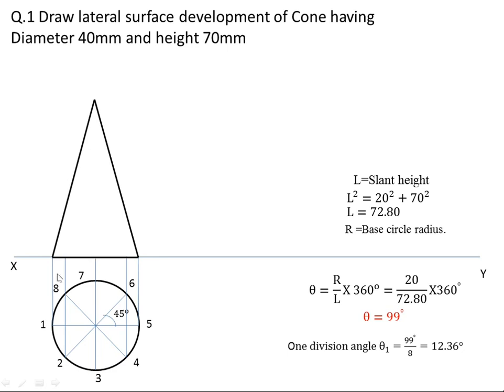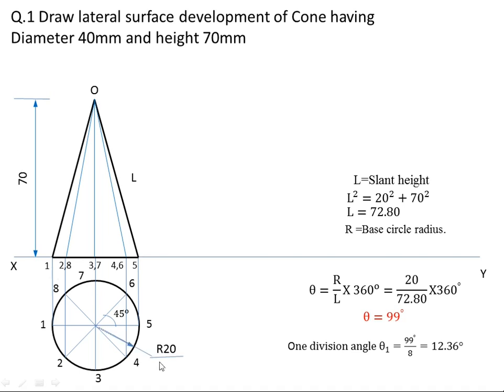Here we have been given the diameter and the height. So we first draw this height, mark 70 mm here, and draw this inclined line to this end point. Give the naming 1, 2, 3, 4, 5, 6, 7, and again this is 8. Now join these to O. So these are the generators: 2O is a generator, 1O is a generator, O3 is a generator, 4O is a generator. Join each generator. Then give the dimensions. This is height, this is radius, this is the slant length. So this slant length we have to find out.